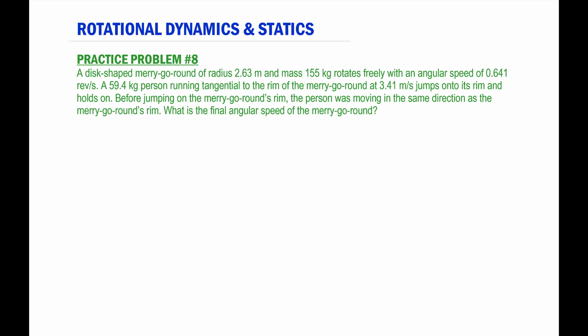Now, the person runs at the edge of the merry-go-round at 3.41 meters per second and then jumps onto it. So this is essentially a rotational collision. We want to find the final angular speed of the merry-go-round, and that means we should be able to use conservation of angular momentum. So step 1,